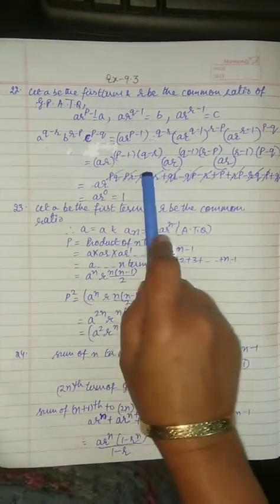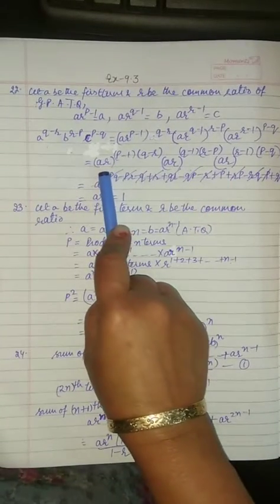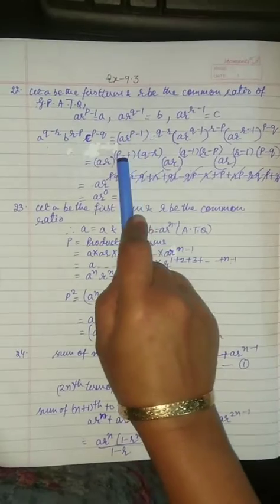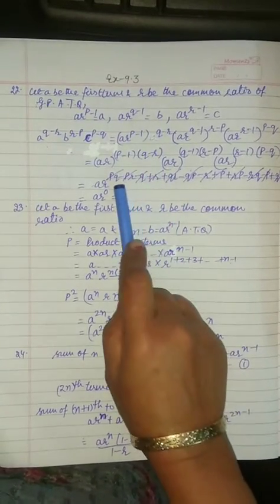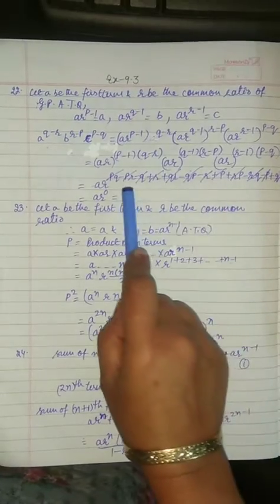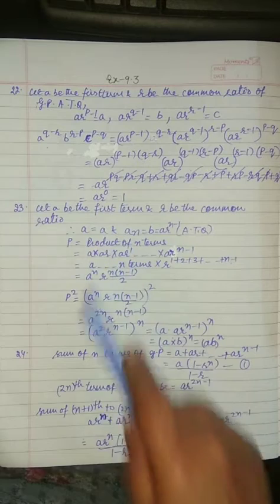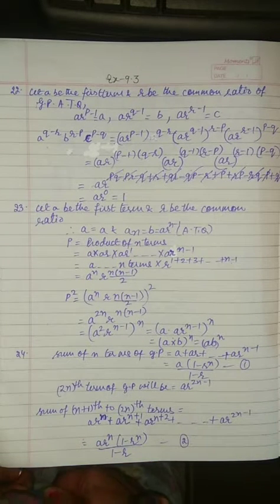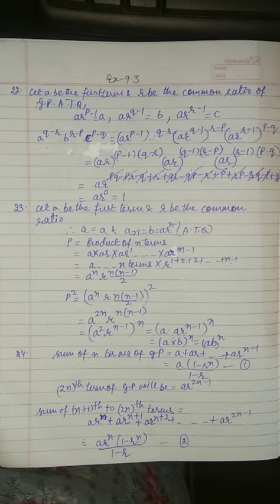But all these three terms which are in product have the same base. So we will write the base as AR, and all these brackets will be multiplied and solved, and then adding all these terms we will get AR raised to power 0. All terms will be cancelled. So (AR)^0 is equal to 1, because any base having exponent 0 is equal to 1.